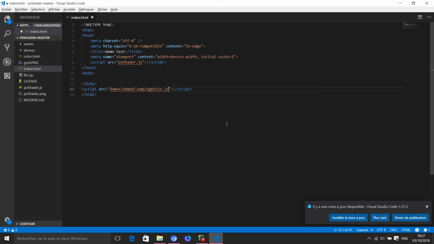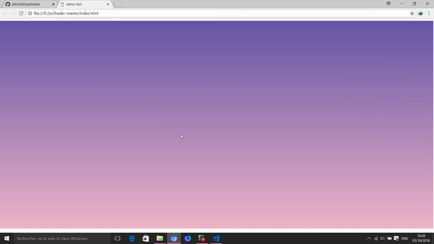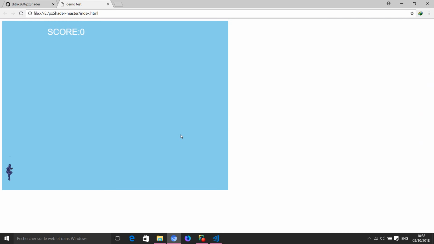The good thing with Visual Studio Code is that it actually finds the file for you. So whenever you want to include something, you can just type and it shows you the file. So let's refresh the page since you have loaded another script.